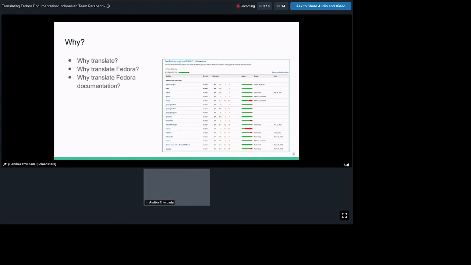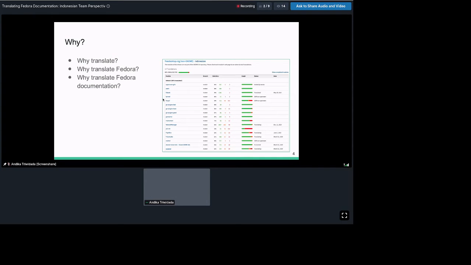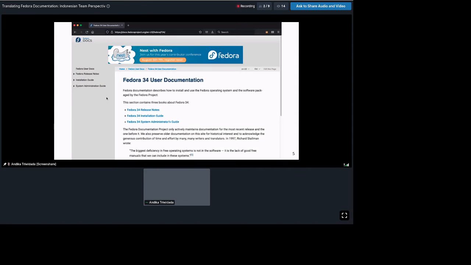What is the Fedora documentation? You can see in this page, Docs Fedora Project. This is for Fedora 34. There are three main documents here: Fedora release notes, installation guide, and system administration guide.